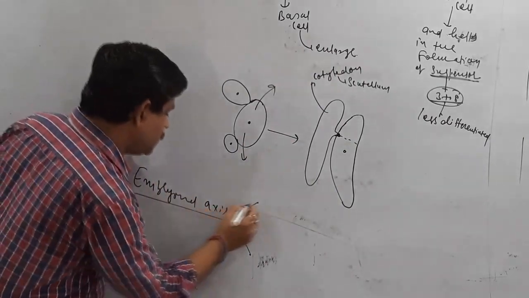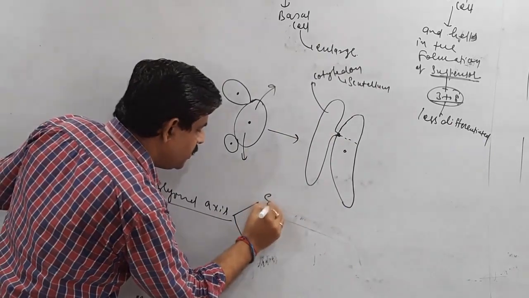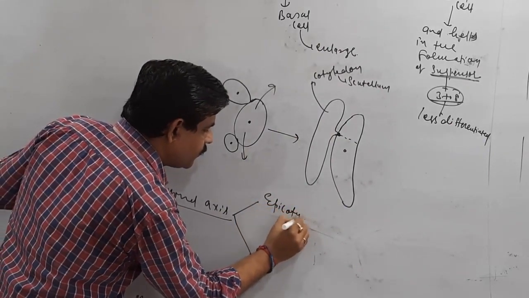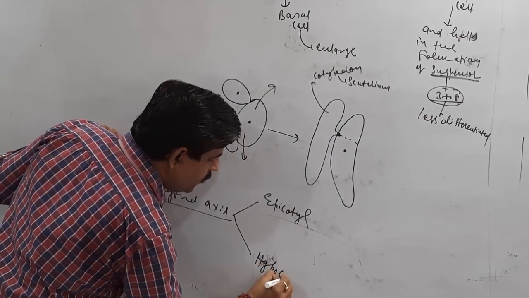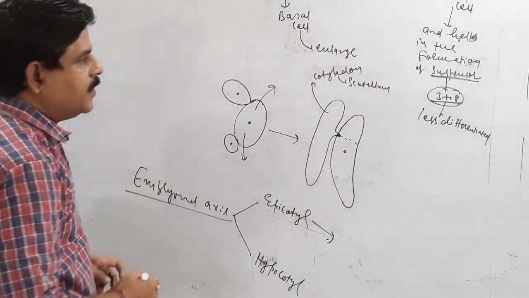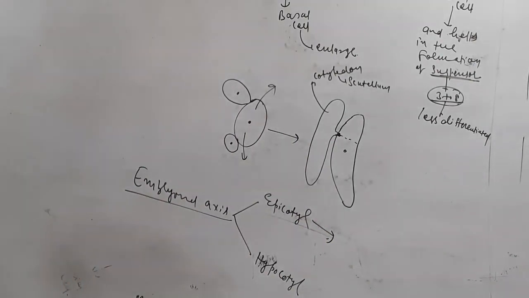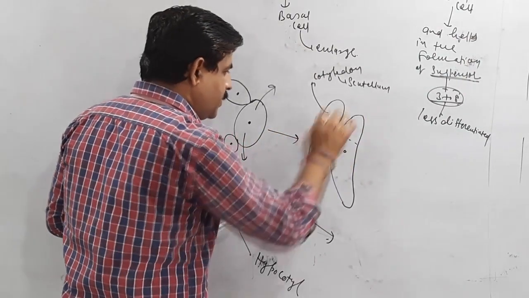This embryonic axis above the cotyledonary node is the epicotyl, and below is the hypocotyl. The epicotyl, this portion,